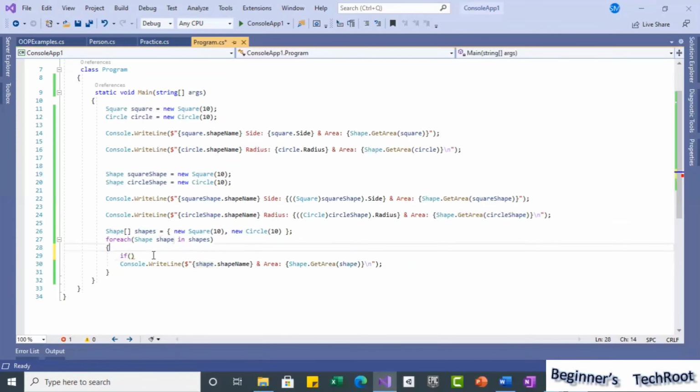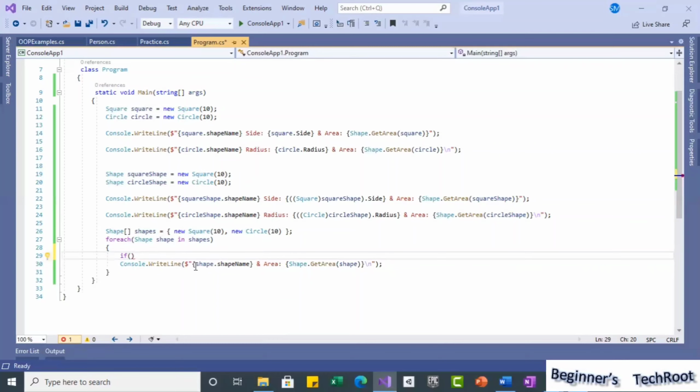Okay, but specifically, if you know the shape is, for example, a rectangle or a square, and you know that a square has a side, then in such cases, if you want, you can use if statements.